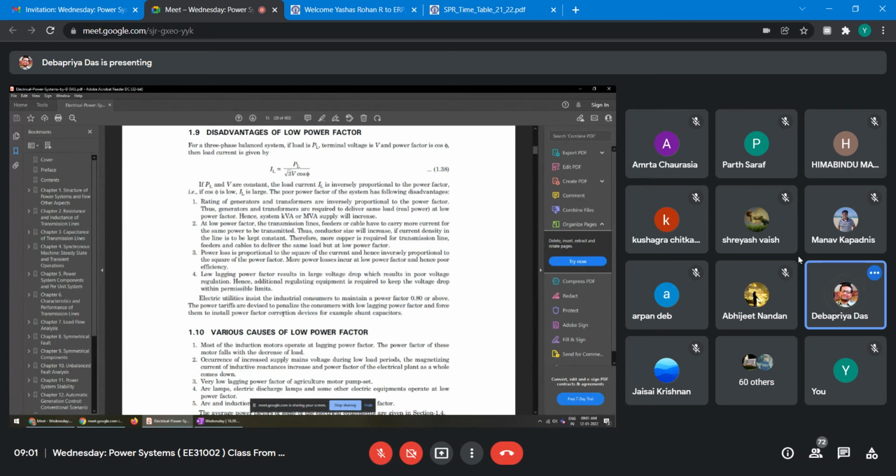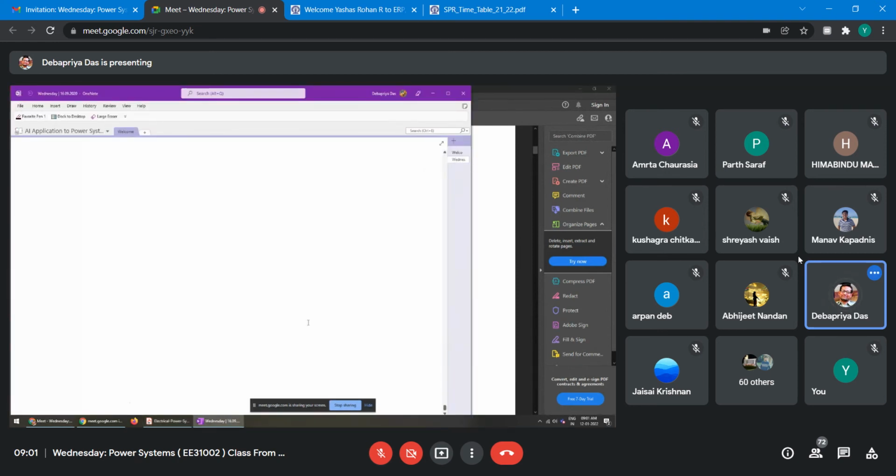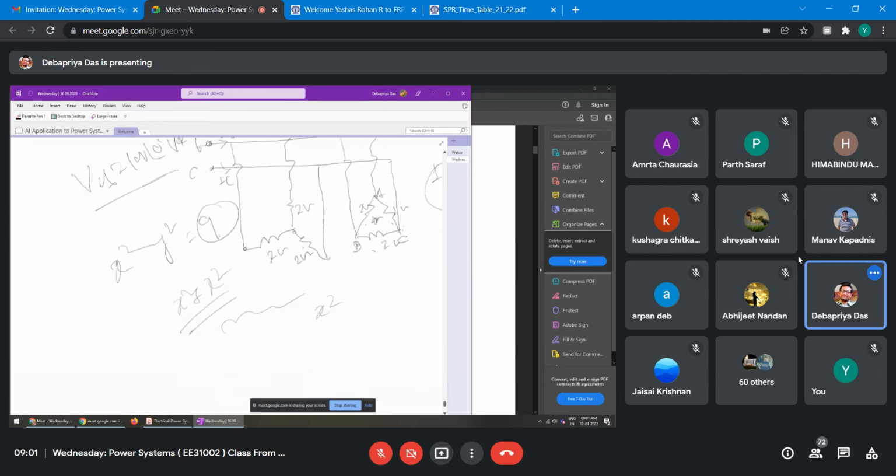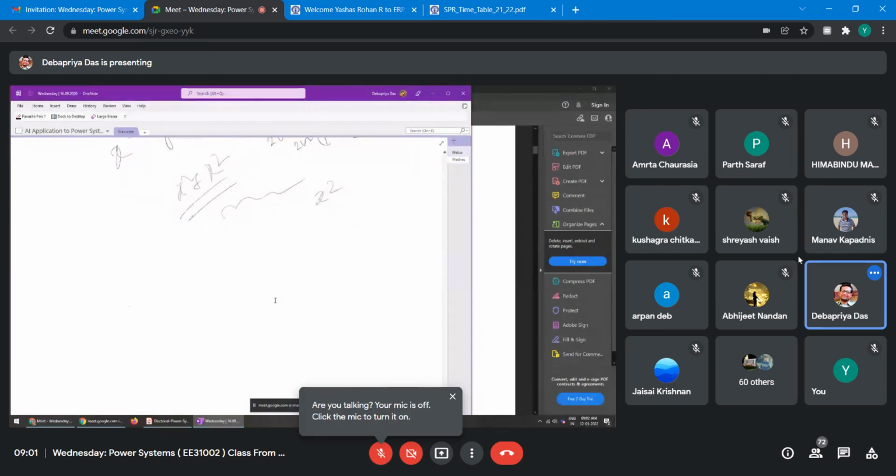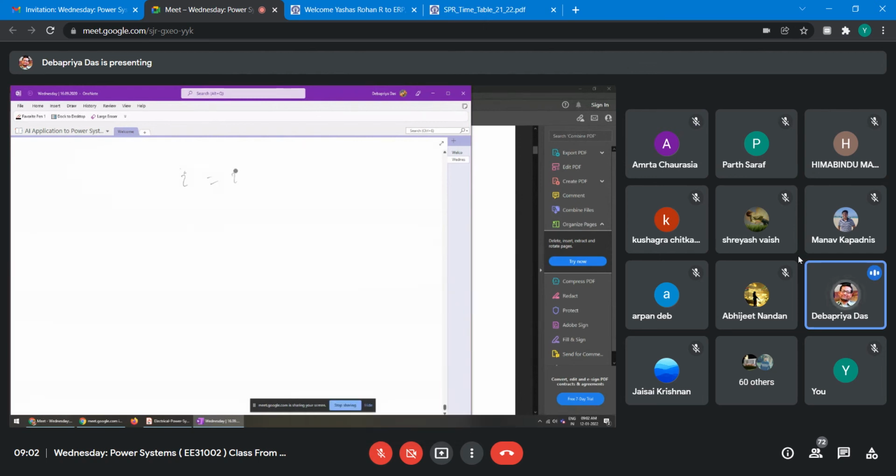Suppose the AC current I is equal to ID plus jIQ, right? If reactive power is more, then this IQ component will be more. So when you take the magnitude of I,